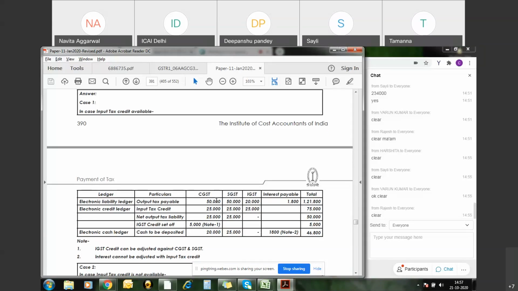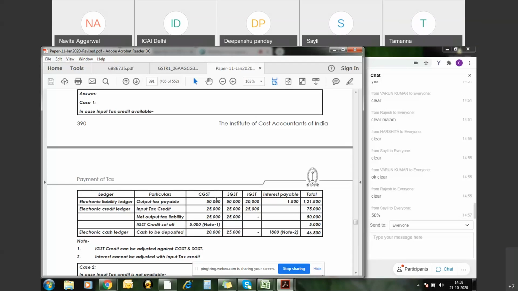Either there will be SGST or UTGST. In this answer, they have taken SGST, or you could have written SGST or UTGST, because you don't know whether the transaction happened within a union territory or within a state. That would also have been correct. So always follow the principle that 50% belongs to CGST and 50% belongs to the state. You break 1 lakh into two figures, dividing by 2: 50% under central, 50% under state. This is how you work it out.